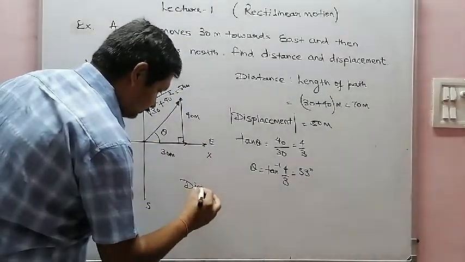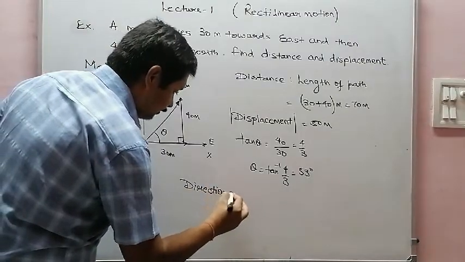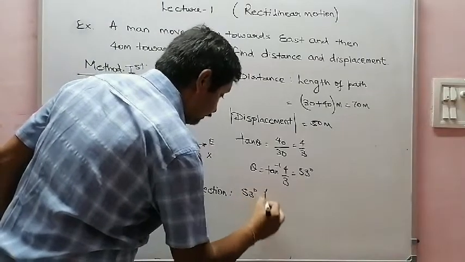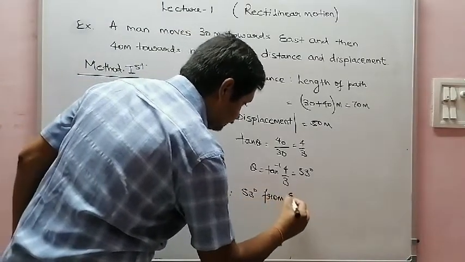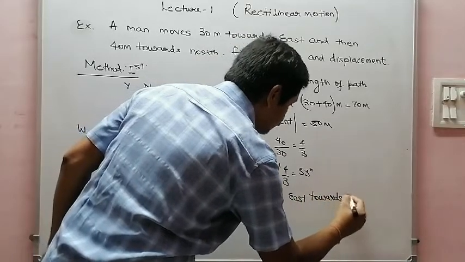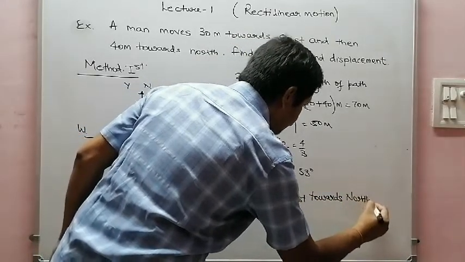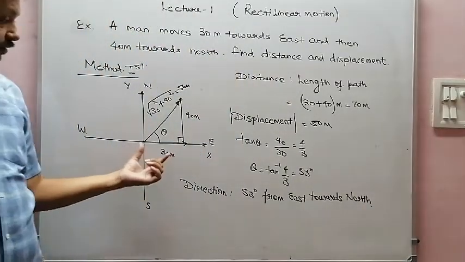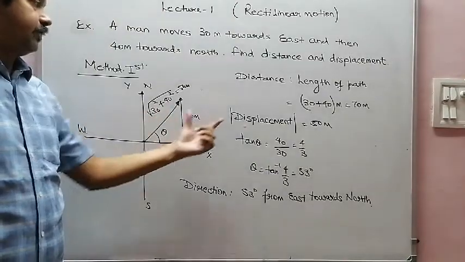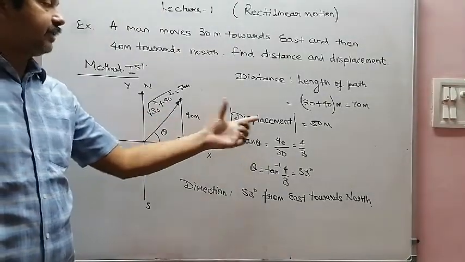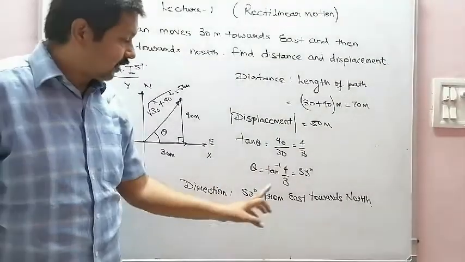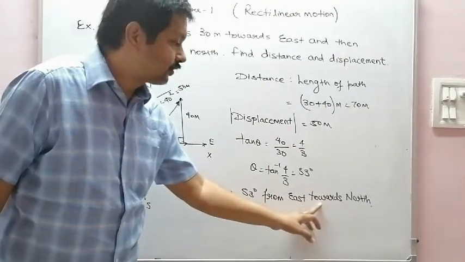So direction of displacement is 53 degree from east towards north. Means from east we will move 53 degree towards north. So the magnitude of displacement is 50 meter and its direction is 53 degree from east towards